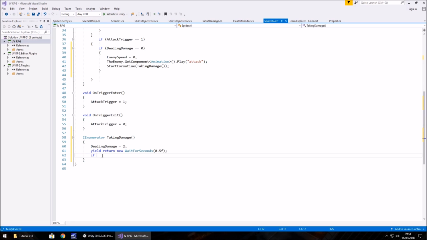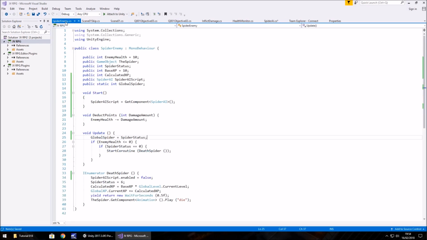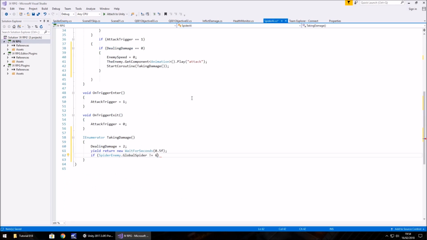So, if spider enemy dot global spider is not equal, and we do that by an exclamation mark, the equal sign, 6, because if you remember, if we go to spider enemy, we can see down here that when it's dead, it changes to status number 6. So if it is 6, then what we do